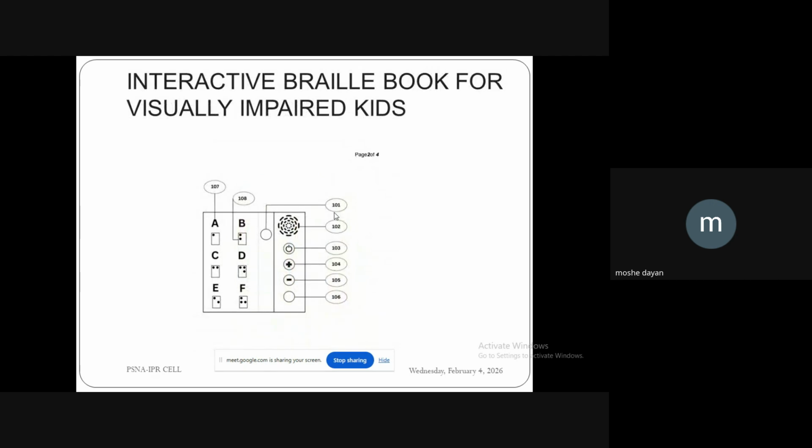Okay, and this is one patent, very interesting. This is a voice assist for visually impaired kids. We do have this kind of invention already, but those inventions are very expensive. Our EEE students were able to design such a product at a very low cost. Again, for this particular product there are 1,000 orders available, and they are already into the startup and want to commercialize this idea as quickly as possible.